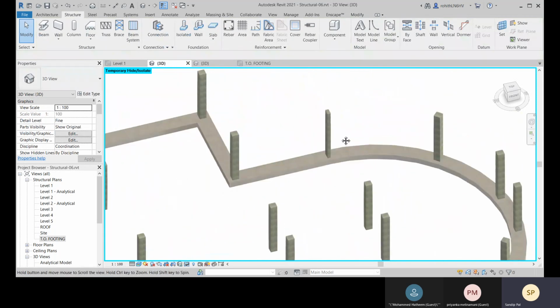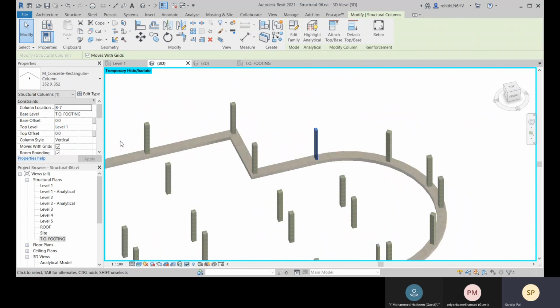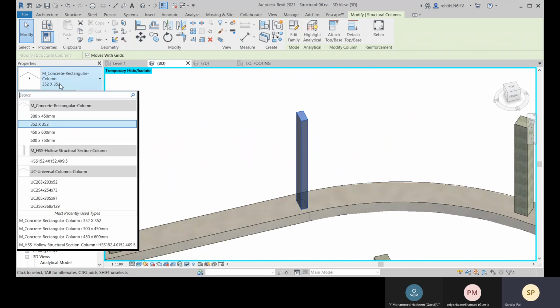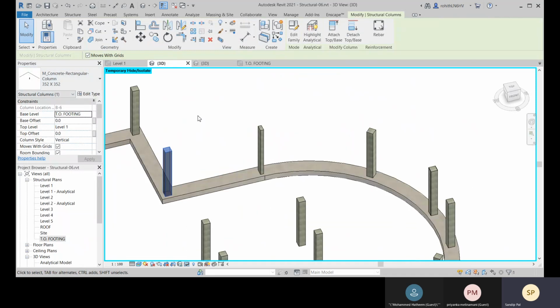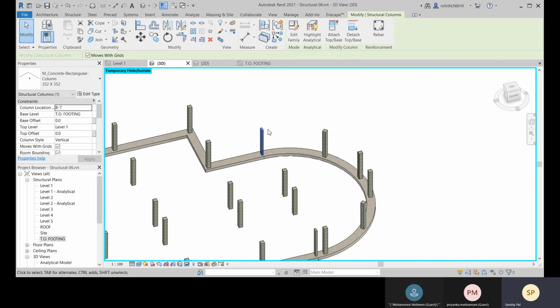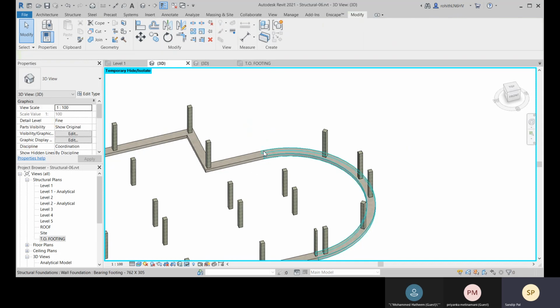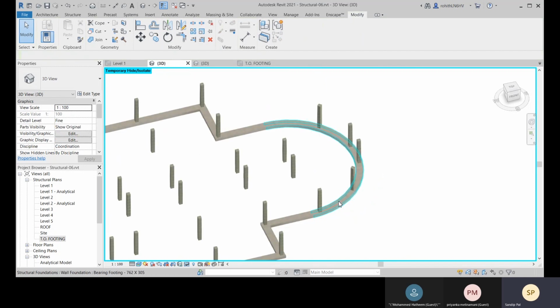So here you can check, like this one error is there. So here I need to change, I need to match with this one. So MA is selected, and I think that is one error I'm finding. And here also I'm finding this error.